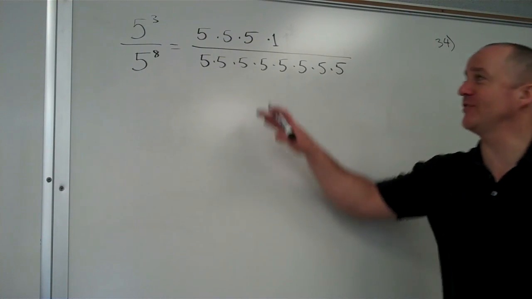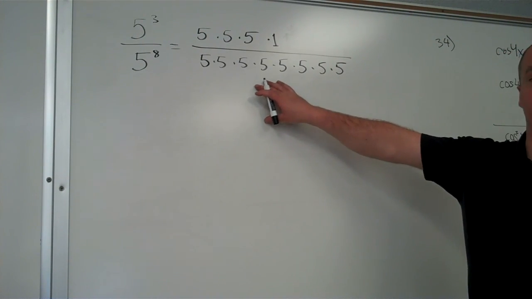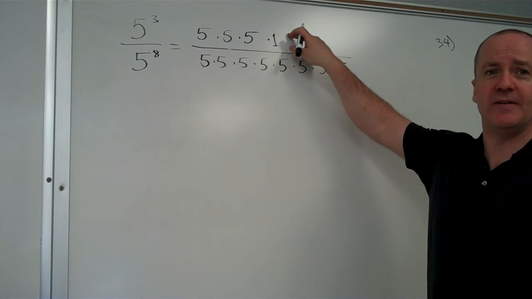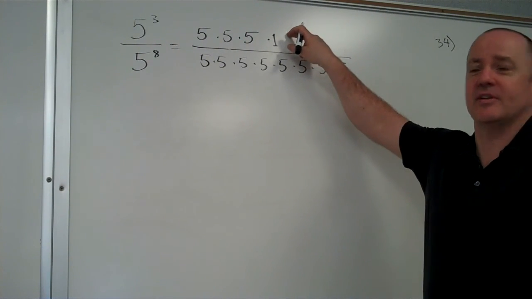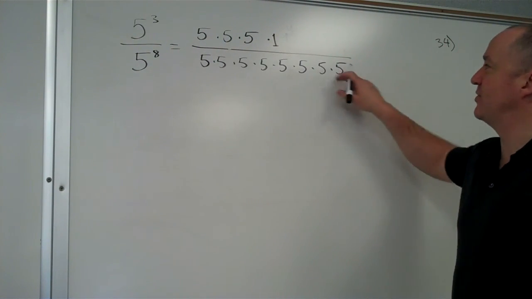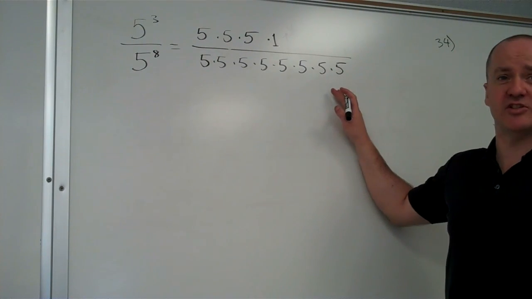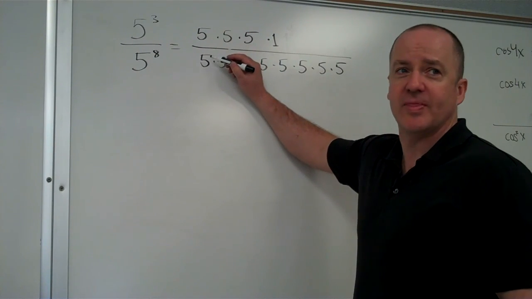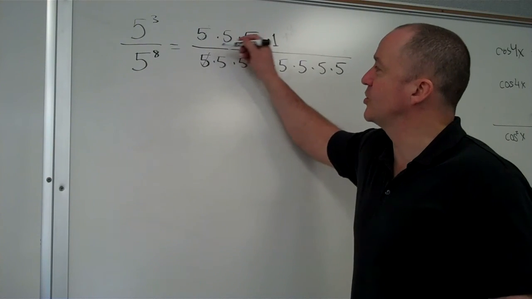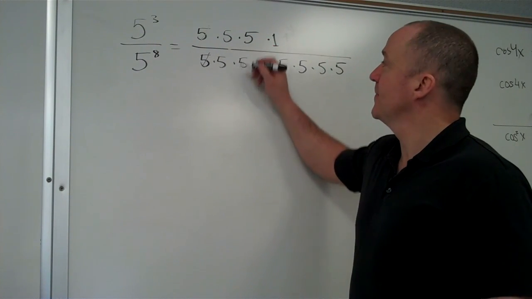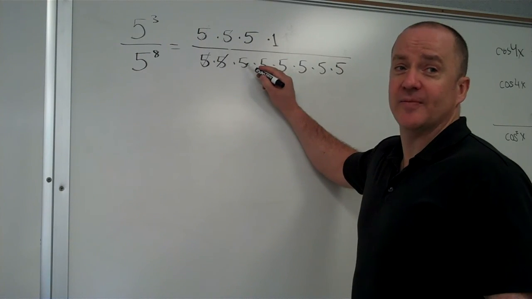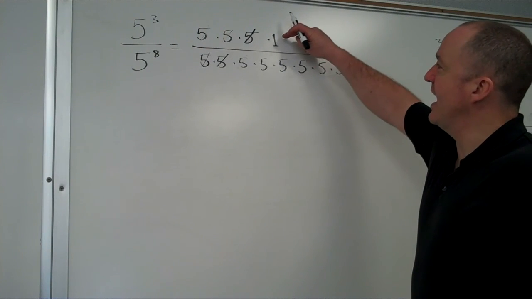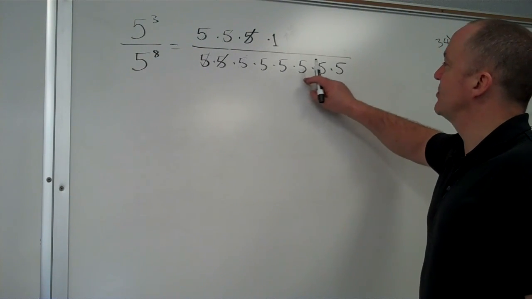Okay. First off, guys, am I allowed to do all this? Does 5 cubed really mean 5 times 5 times 5? Yes. And am I allowed to multiply anything times 1? Yes. Because it doesn't change anything, so why not? Okay? And then 5 to the 8th is 5 times 5 times 5. Now, I'm not going to write it as separate fractions like I just did, but I could. But from here, I'm just going to ask myself, what's 5 divided by 5? 1. So those reduce to 1. What's 5 divided by 5 here? 1. What's 5 divided by 5 here? 1. Okay, now I wrote that 1 up there because I knew I would need something left over. And what I have here is 1 over 5 times 5 times 5 times 5 times 5,